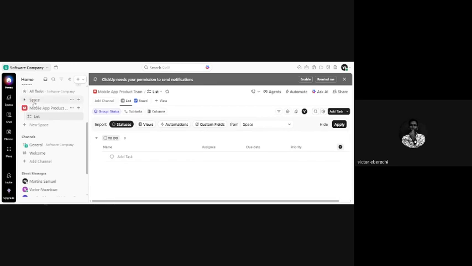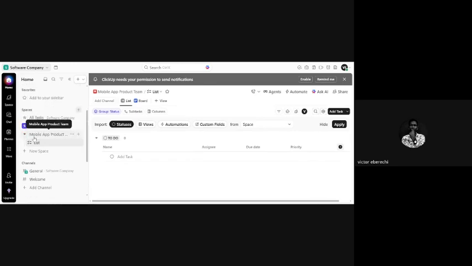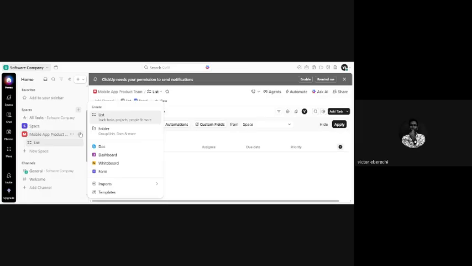So here we have our space called mobile app product team. I'm going to click on this plus icon here, and you're going to see create. Sorry, we're supposed to create a folder first. Sorry, I missed that part. So the folder, we're going to call it